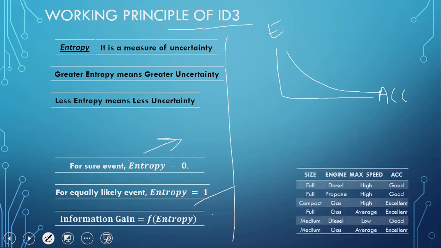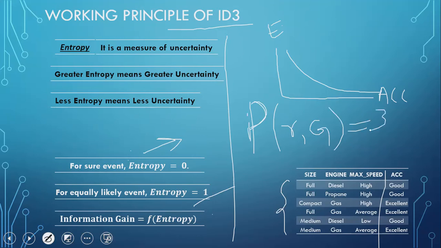For example, say we have a data set and we want to classify this data. If we select any random record from this and look at the probability of that record being good, the probability that a randomly selected record belongs to the class good is equal to the total number of favorable outcomes, that is 3, divided by the total number of outcomes, that's 6. So that's equal to 0.5. That means a 50% chance that the record will belong to the class. As we have a low probability, our entropy is high in this case.